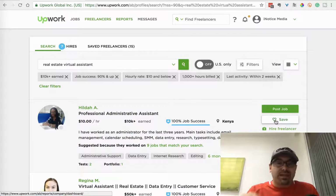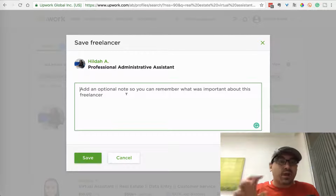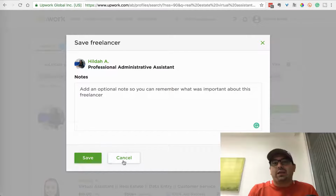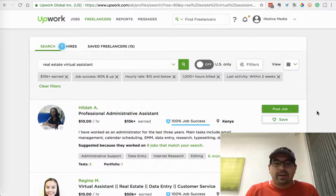What I'd recommend for this part is adding a note, because there's going to be something particular that you really like about this assistant. So add that note in there, what you really like about them. It really helps for later, trust me. The next thing is